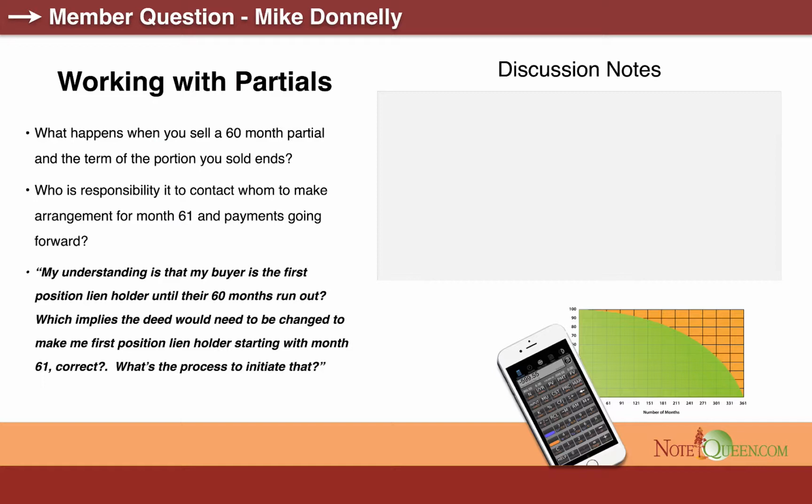But it's super simple. When you buy a note, you take a full assignment of the note and deed of trust. And then when you sell a partial, you assign that fully to that person, subject to a partial purchase agreement. And if you have a good relationship, you hold on to the originals, I would, or you have a third party that holds originals for everyone. And there's a note servicer that keeps track of everything. And then when they have received their 60th payment, they assign the note and deed of trust back to you. They send a goodbye letter, you send a hello letter, or maybe